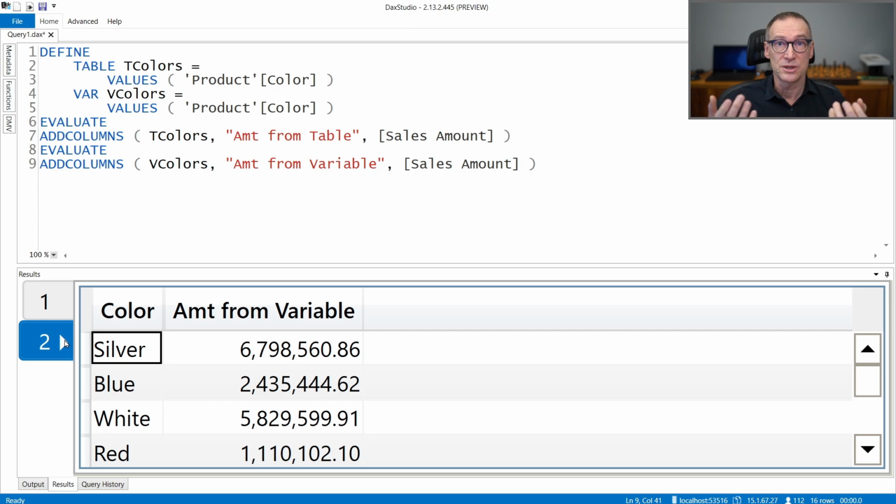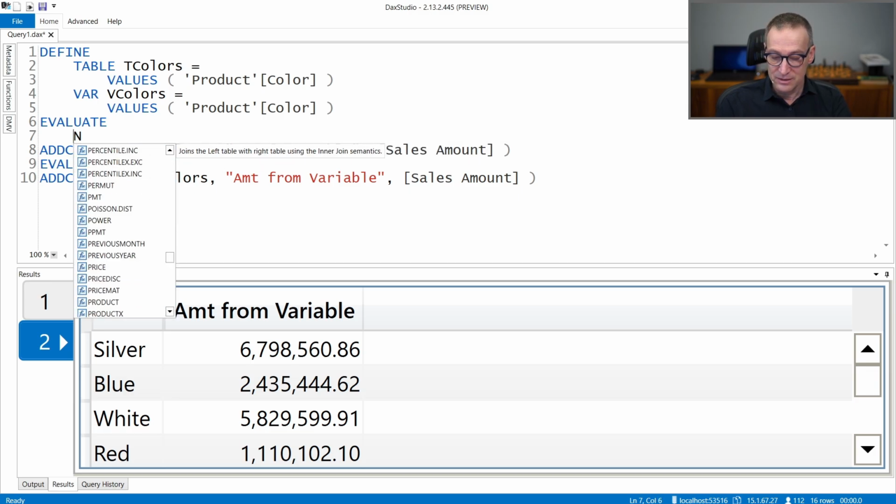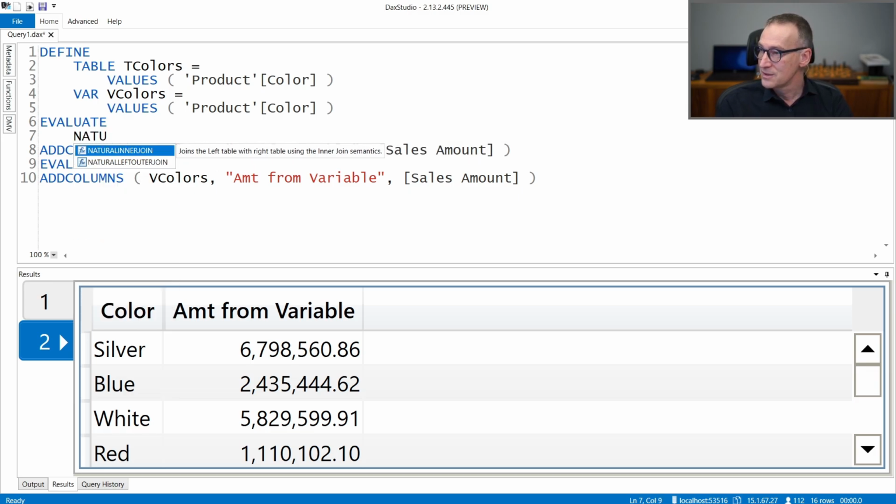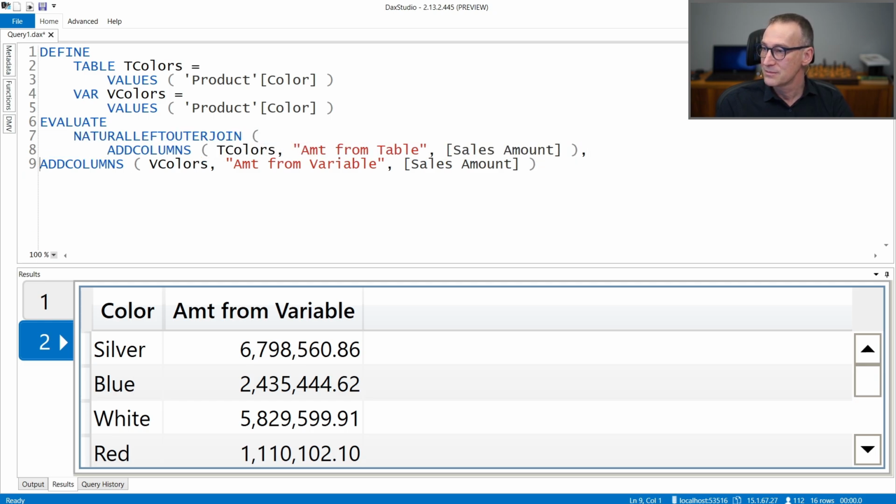I can do that. There is NATURALLEFTOUTERJOIN that does it. So I can evaluate the natural left outer join of this table and this table.